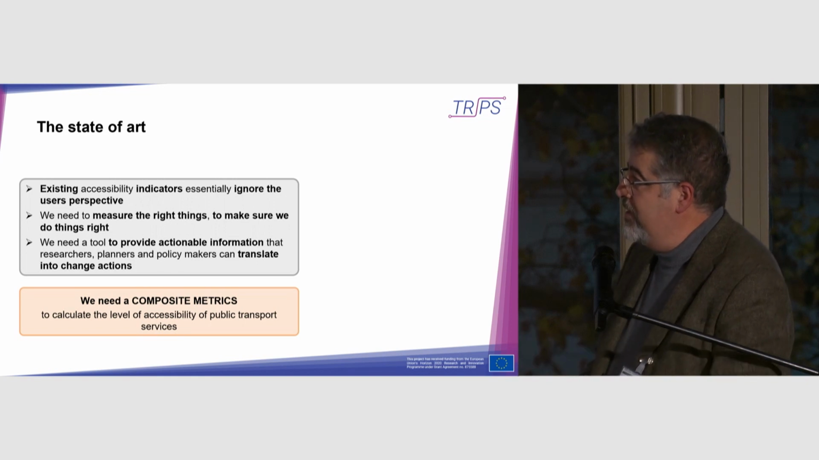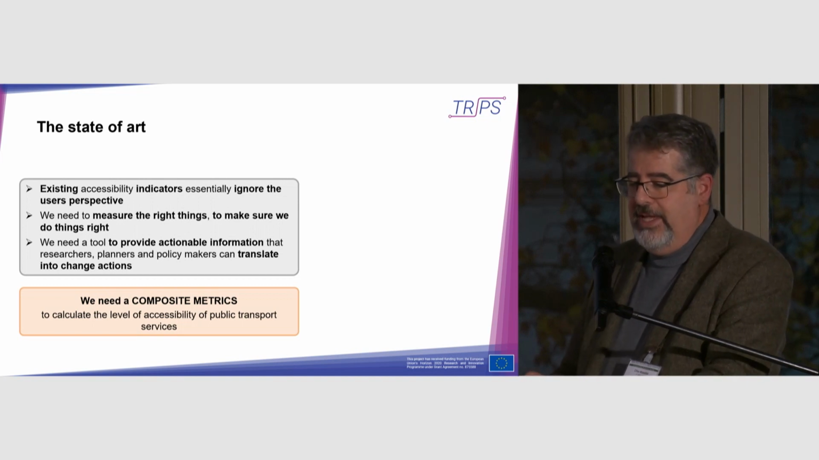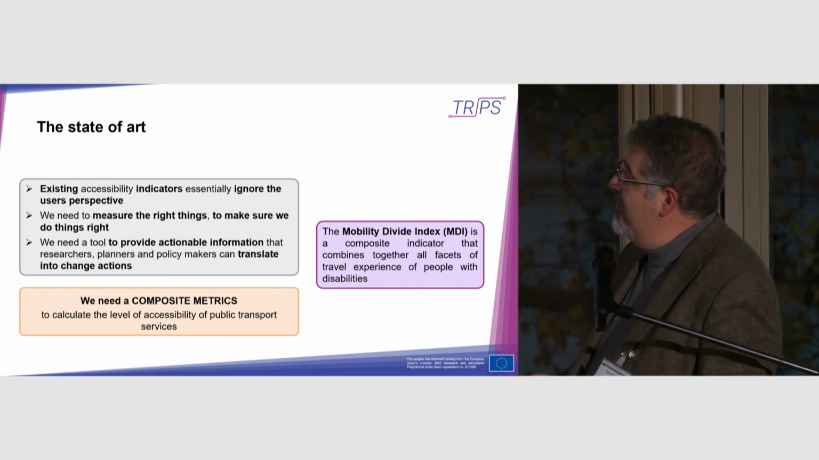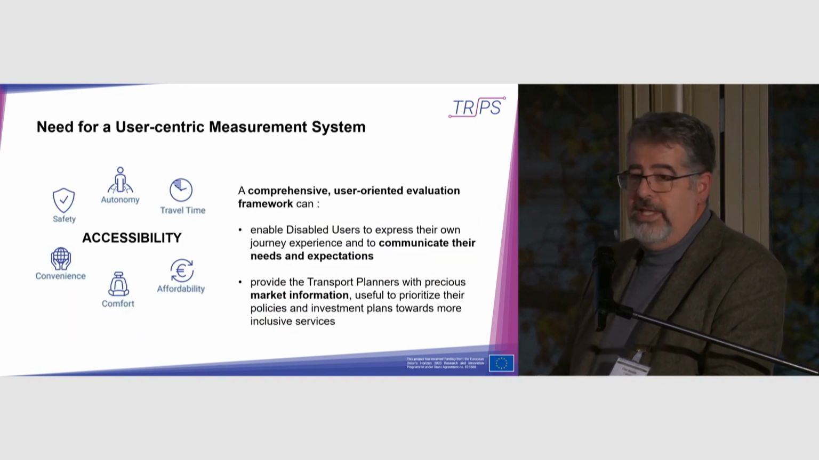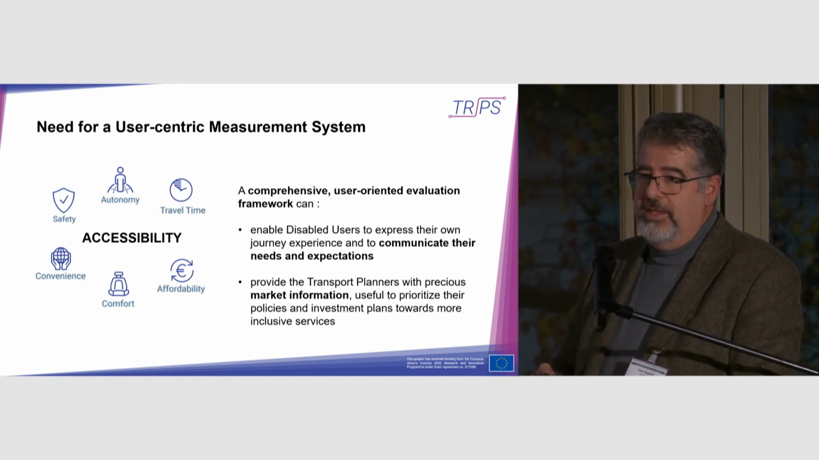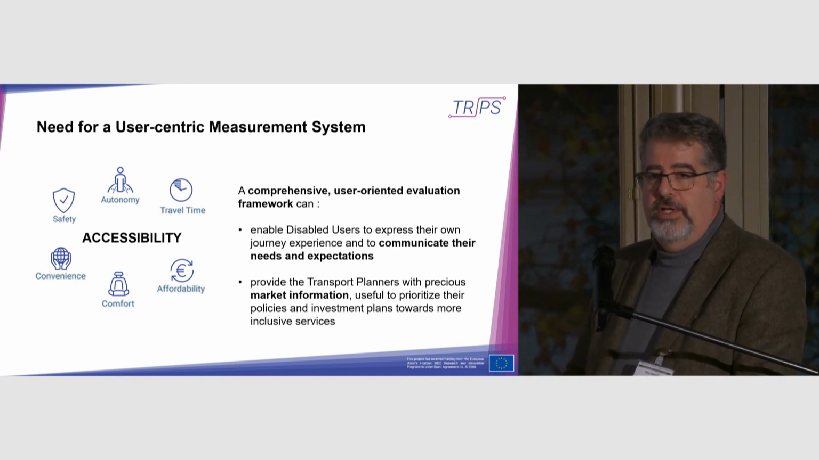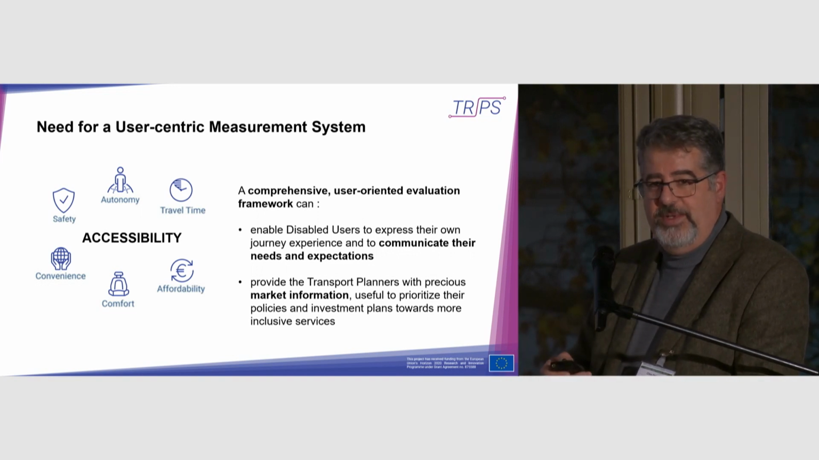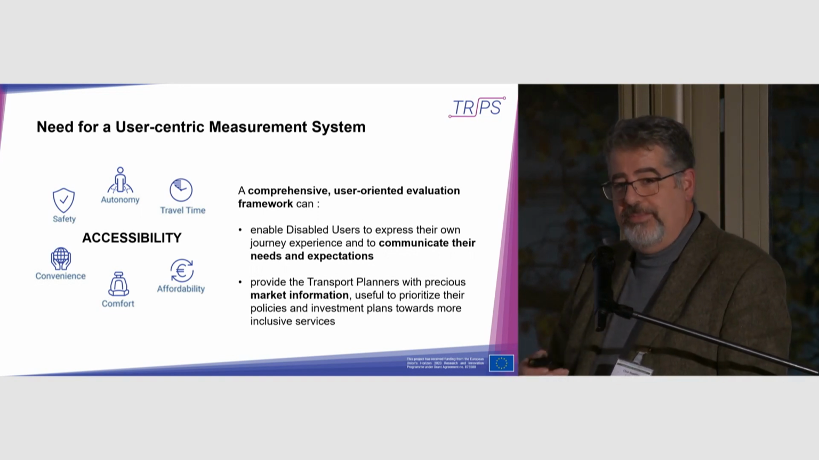So we have developed this composite metrics in order to calculate the level of accessibility of any public transport service. And we have called it Mobility Divide Index. Why composite indicator? Because we know that accessibility is a very complex concept, and deals with a wide number of drivers. Laura Aljaskaute this morning has presented the very long list of accessibility gaps that